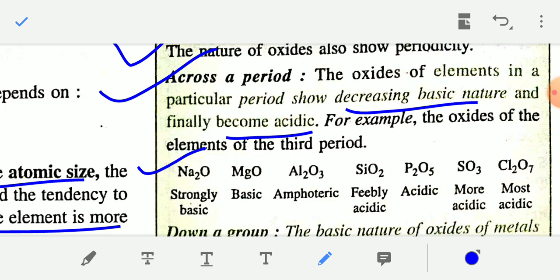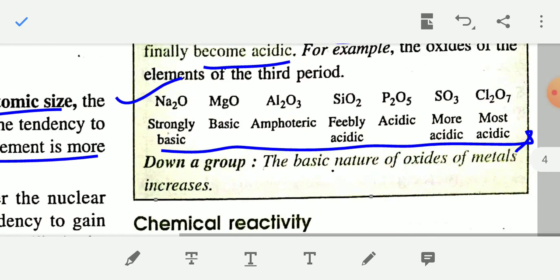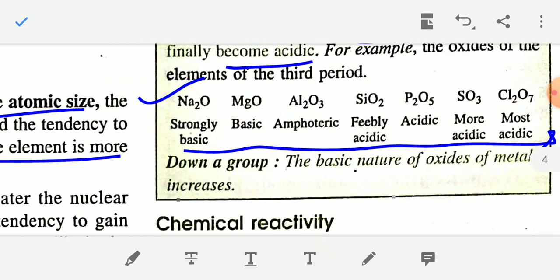These are oxides of third period elements. From left to right, the basic character decreases and the acidic character increases. Thus, Cl2O7 is most acidic and Na2O, sodium monoxide, is strongly basic in nature. So from left to right, across a particular period,